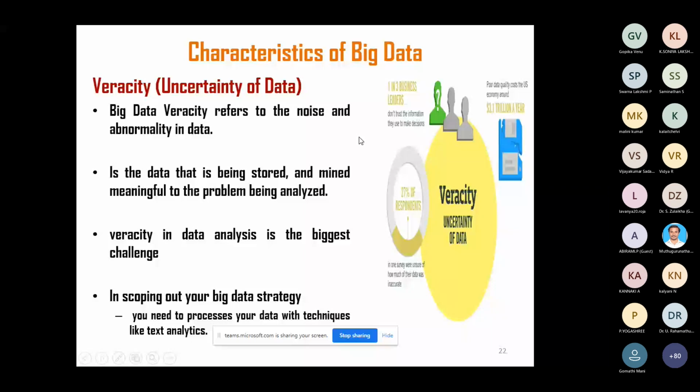Veracity, the other characteristic, where I said the uncertainties existing in the data should be handled and removed. Like we say, noisy content present or some abnormalities existing in the data. Whether these things are to be taken into consideration or you have to remove them, which means when you remove such abnormalities existing in the data, whether it makes an impact or it does not make an impact. So all these are to be analyzed clearly before you handle this. So big data has a provision even to handle such types of uncertainties existing in the data.